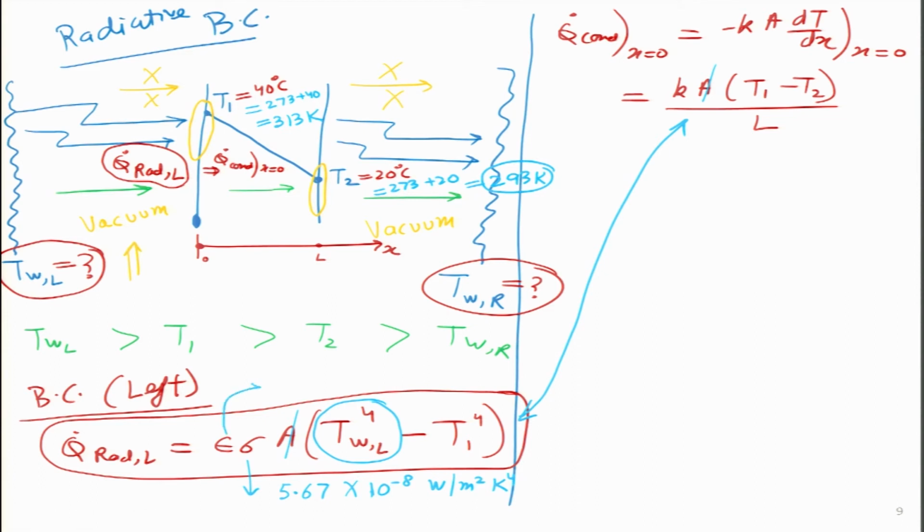And for simplicity, we are assuming all the emissivities involved in this particular example is 1. So, by solving this equation, we get the relationship for T W left to the power 4. I will just do this algebra over here. We just have to substitute and transfer the terms, and it turns out to be a very beautiful expression, which is T1 to the power 4 plus K T1 minus T2 divided by sigma L.